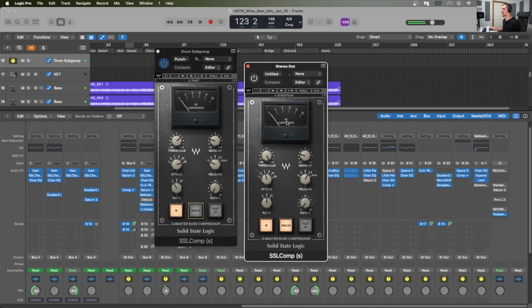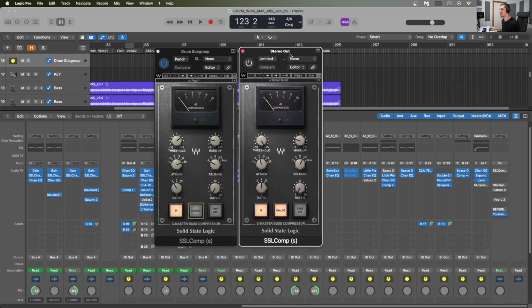Just barely touching it there on the mix bus, but again, it just helps to tie things together a little bit and make the mix sound a little bit more cohesive. I do have a video going into detail on glue and whether or not you may want to even have glue in your mix, or if you'd like more separation in your mix. It all depends on what you're going for, but if you do want glue, I really highly recommend the SSL